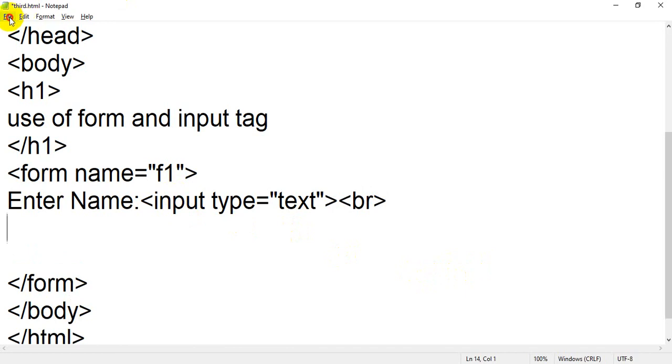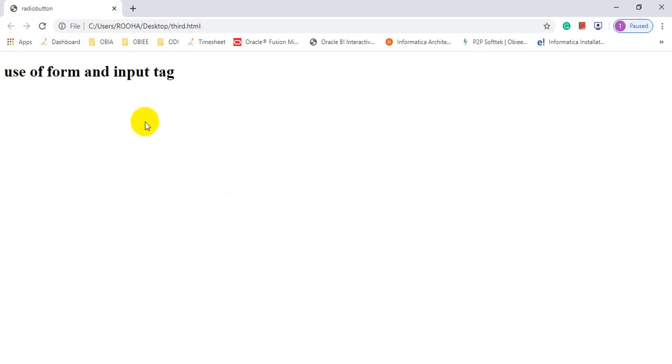So again I am going to save, so you can learn from scratch. I'm not going to type the whole page and then run. I will type line by line. I am showing you the result line by line, so you can understand in a very good way. Okay, first I have added h1, so you will get this line. I am going to refresh. Now you will get enter name and this text box. In that text box you can enter any name, suppose Ansari Icom. You can write your name.